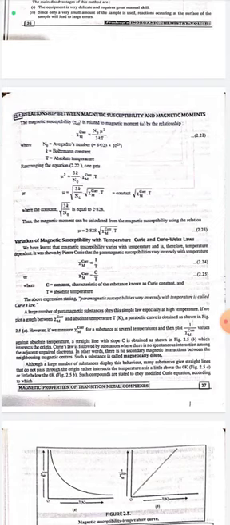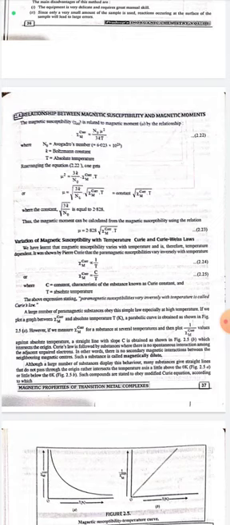Curie law is obeyed by substances where there is no spontaneous interaction among the adjacent unpaired electrons. In other words, there is no secondary magnetic interaction between the neighboring magnetic centers. Such a substance is called magnetically dilute. Although a large number of substances display this behavior, many substances give straight lines that do not pass through the origin, rather intersect the temperature axis a little above 0 Kelvin or a little below 0 Kelvin.